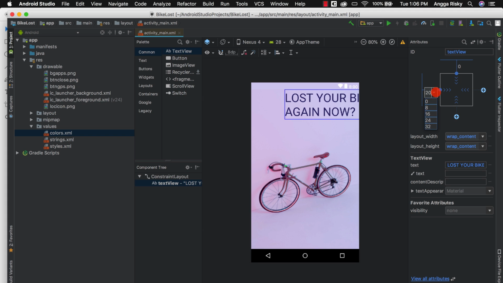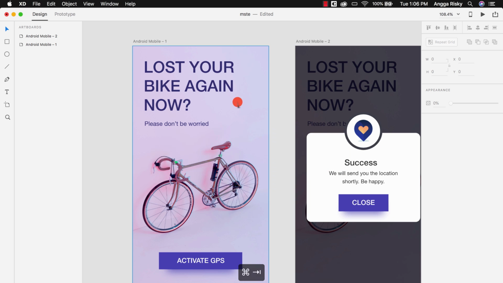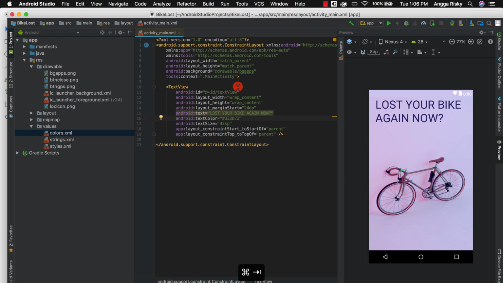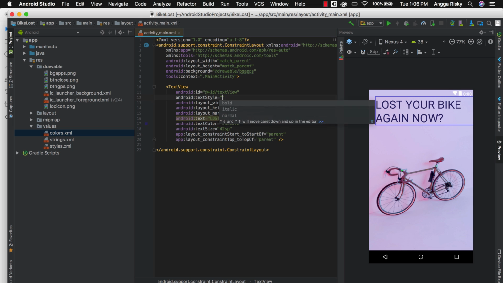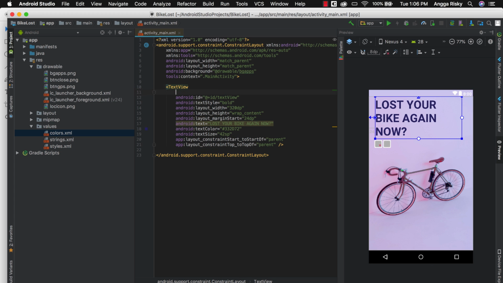Then I just need to set this. If you see the design, it's supposed to be bold, so use the text tool to make it bold. And then how do I make this go to the bottom, because we want it at the bottom. Okay, cool. And then extra spacing 6 dp.